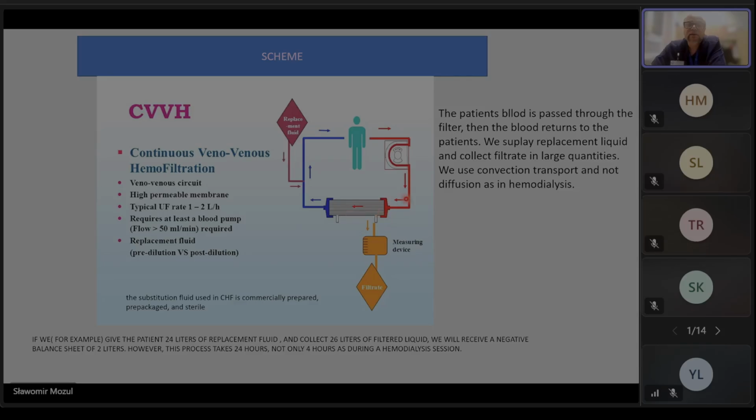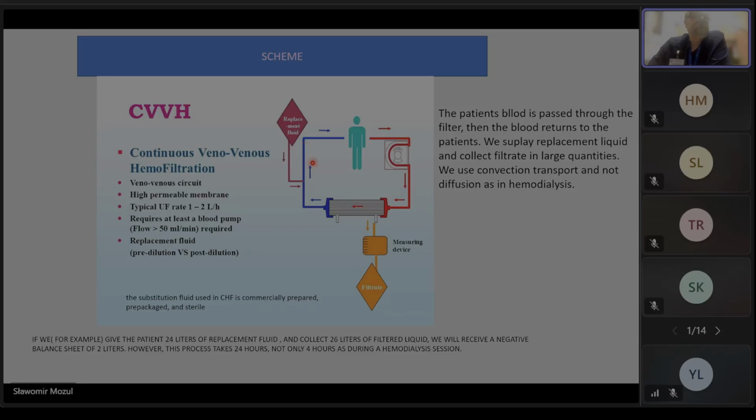This technique requires a large amount of replacement fluid, as it is necessary to achieve effective convective transport because of the difference in hydrostatic pressure on both sides of the semi-permeable membrane. Water and metabolic waste products easily pass through the pores. The filtered blood then returns to the patient. And you can see